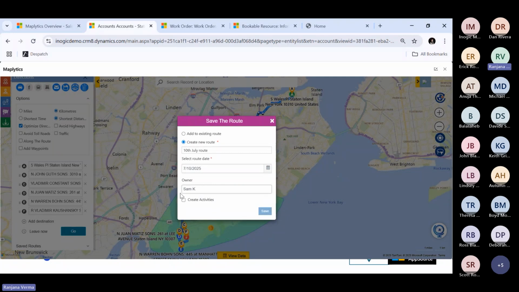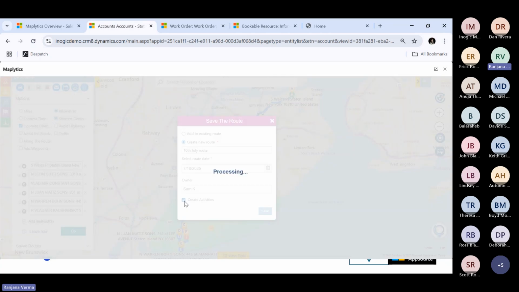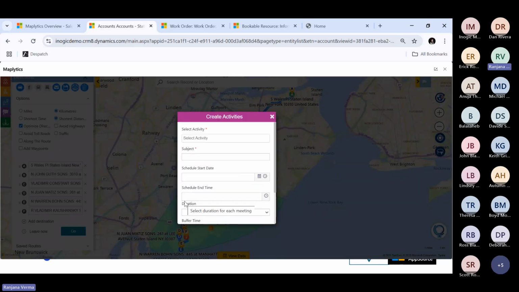And here, this little button that you see, create activity, is nothing but a very magical button, right? So when I click on this, what would happen is, a lot of our users usually used to create the route, and then in the backend, they used to go ahead and create activities for each of them. That was a pretty tedious task, right? So we have eliminated that. What we can do is we can just simply create appointments on the go. So you select the activity type. Right now, I'm selecting appointments. You can name it. So visits